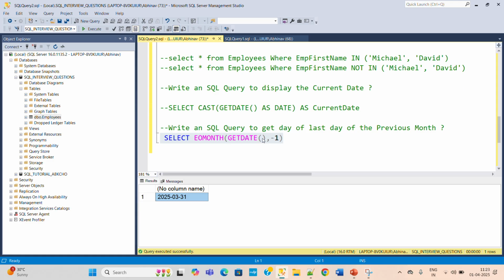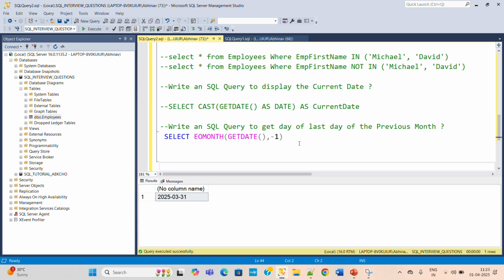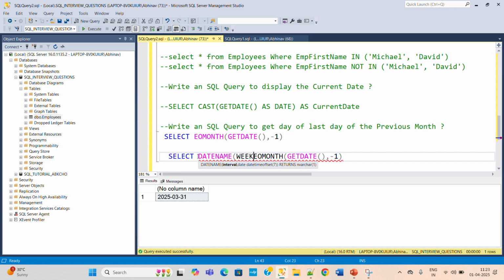For day we need to add the date name, and for day we want weekday. So basically your complete query for this particular question is select date name, weekday, comma. DATENAME requires two arguments, the date part and then the date. So we want the last day of the previous month: weekday of EOMONTH(GETDATE(), -1)